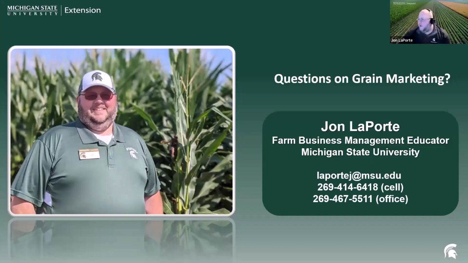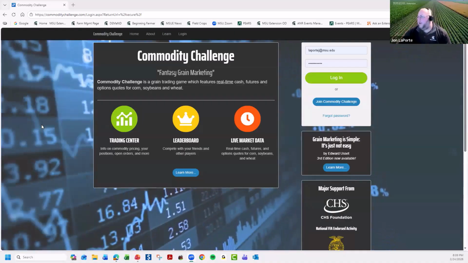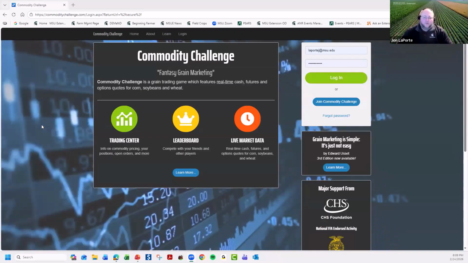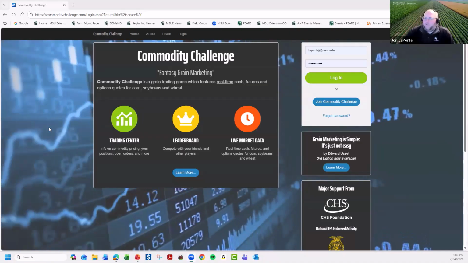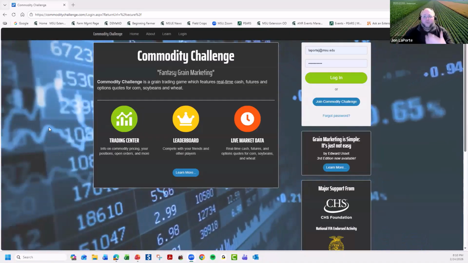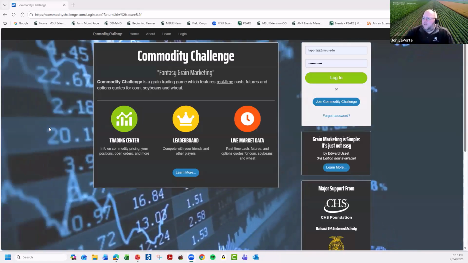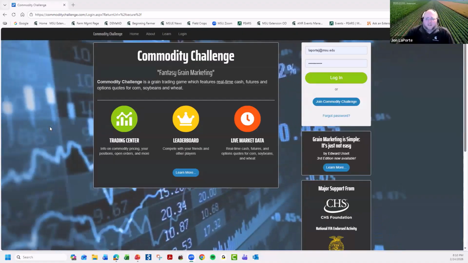There's this fun thing, we call it the fantasy grain marketing or the trading game, called Commodity Challenge. This is a tool designed to help you understand some of the basics, especially around the futures market, especially around options. It's a free thing you can log into, and it's a game basically that you walk through all these steps,